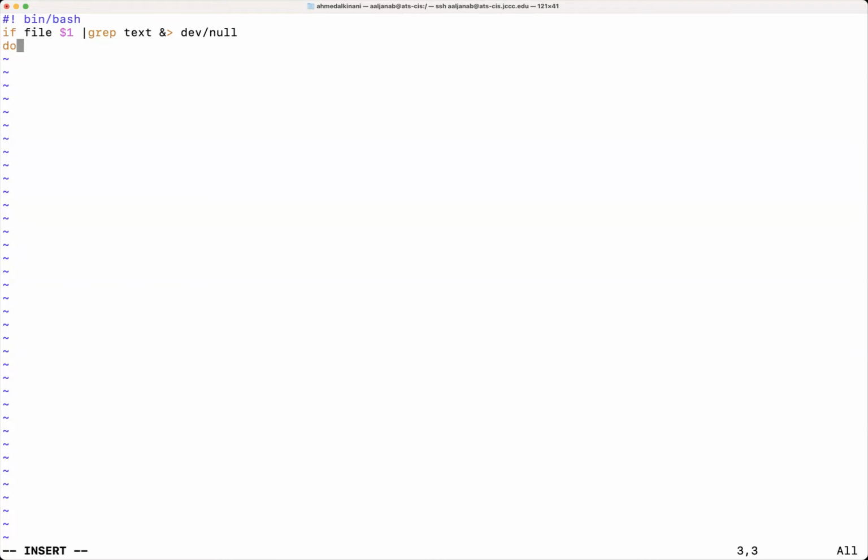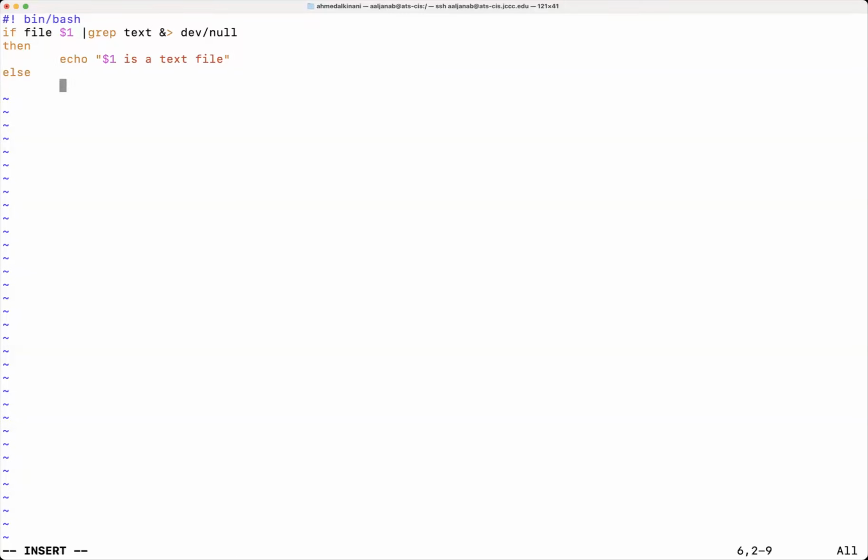Now, what do we do here? We simply then echo a message on the screen. Let me just give this a tab. And the tab, basically, I'm going to put the name of that file, and I'll just say is a text file. This is something we've been doing with no problems.